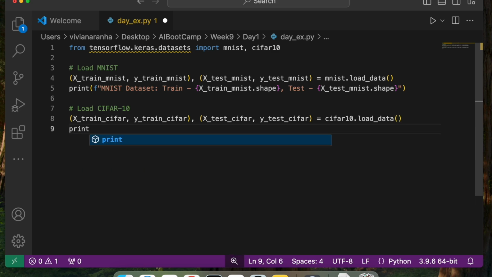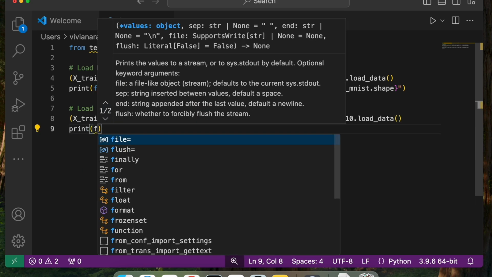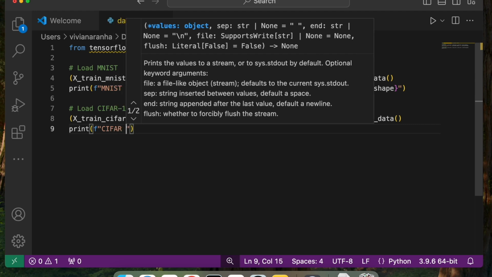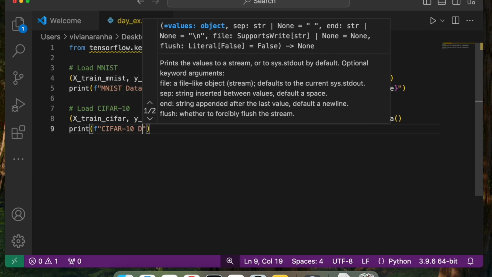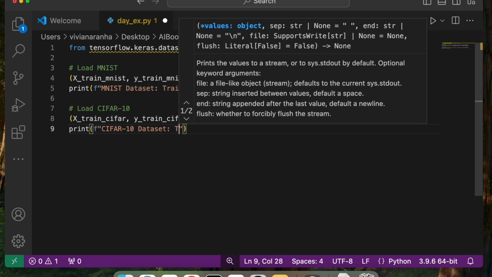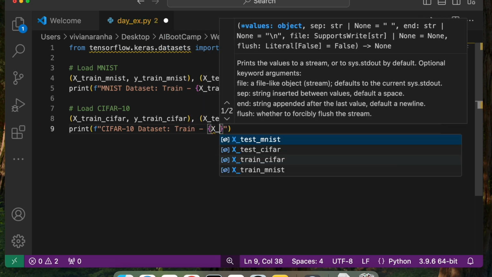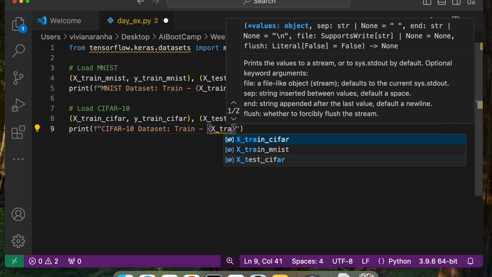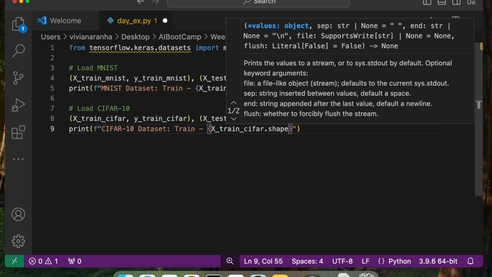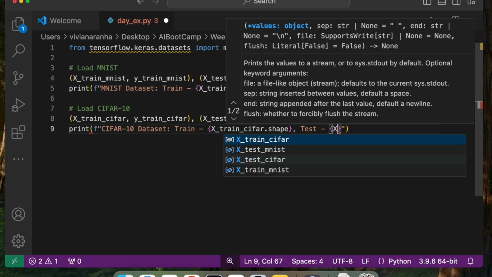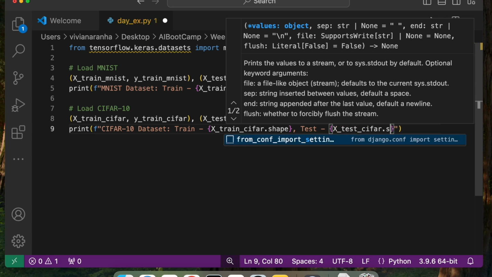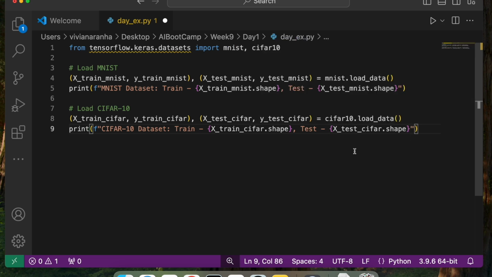Now we have this. I am going to go ahead and for the CIFAR-10 dataset, I'll say train dataset equal to x_train_cifar.shape, and for test I have x_test_cifar.shape. So I hope you got this.